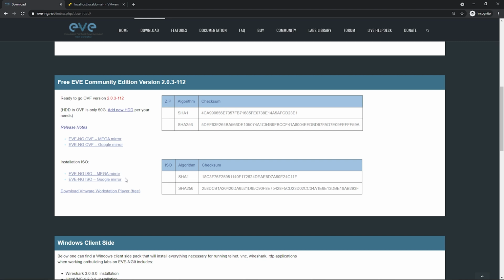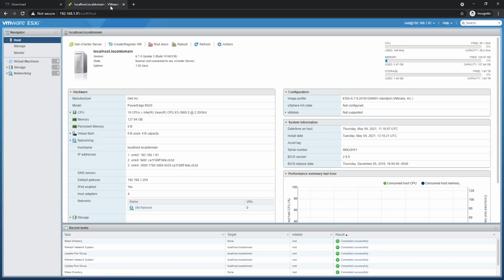I'm interested in the EVE-NG ISO Google Mirror, so what you would do is just click this link and it would download to your local PC. I've already downloaded it, so I'm going to go ahead and save you a step. Now that you've downloaded it to your local PC, what you need to do next is get it up and running in ESXi. So let me go to my ESXi environment, and the first thing you're going to do